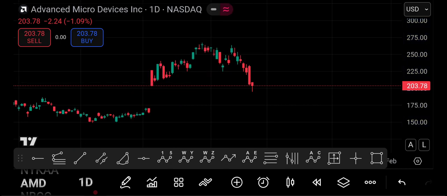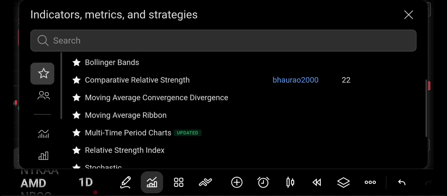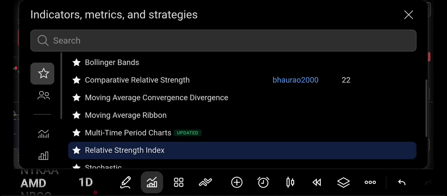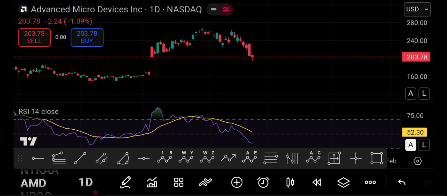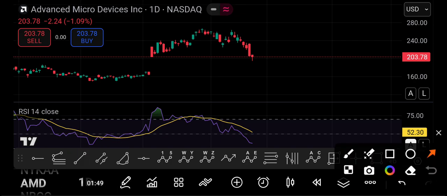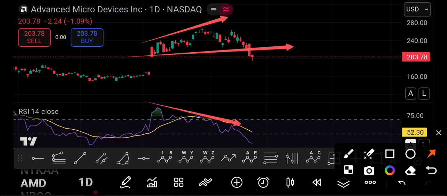And finally, my dear friends, we will see the third negative signal, and that will be a divergence. If you put a divergence indicator, you will be surprised to know that even the divergence is showing you the negative divergence. If you see, there is a higher high peak, but the same peaks on the RSI are on the downside, and this was an area where we got a breakdown,